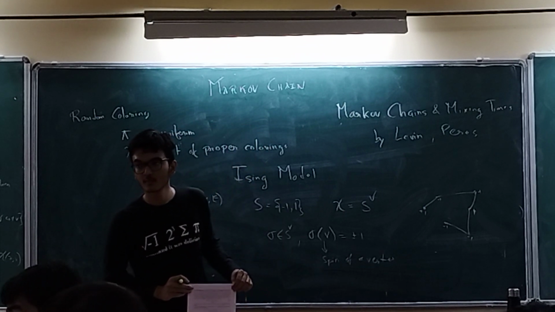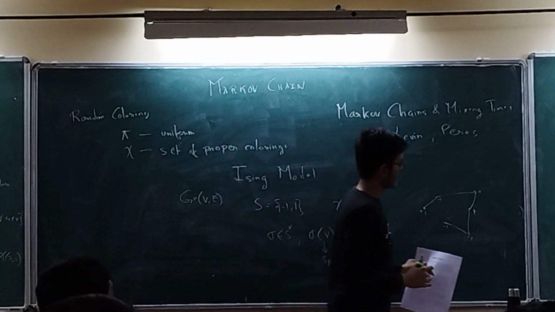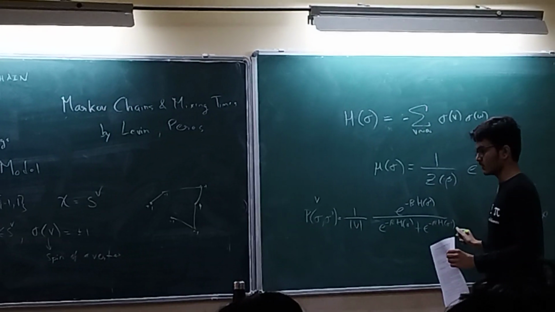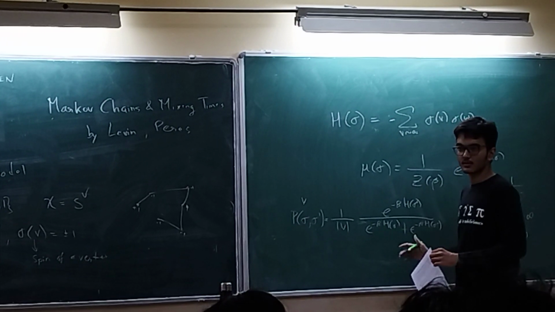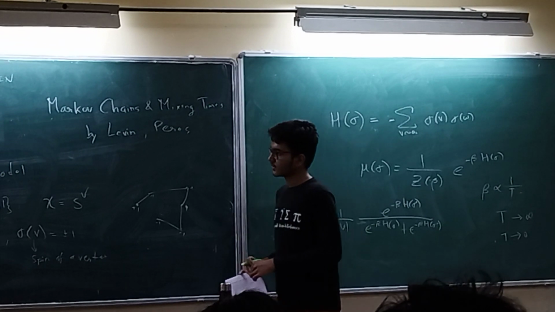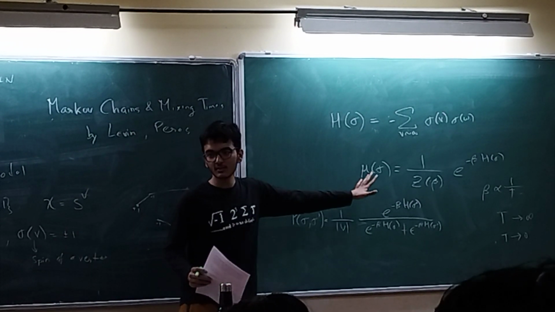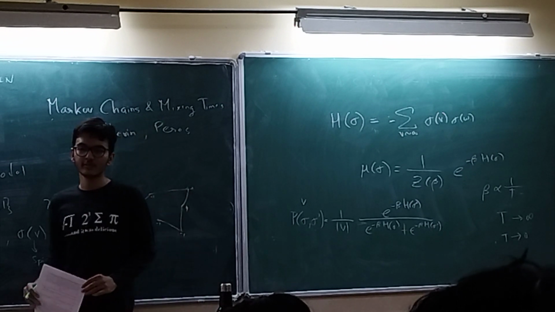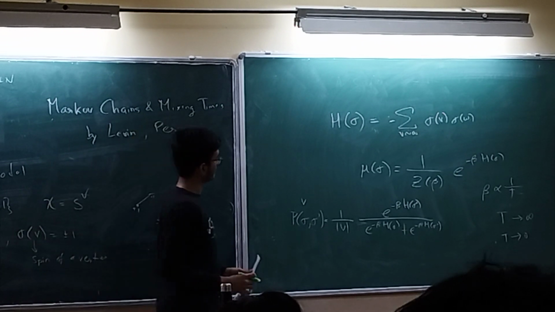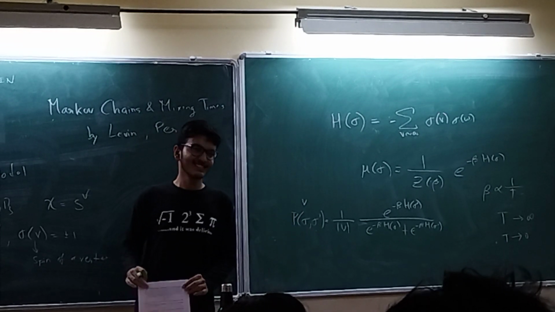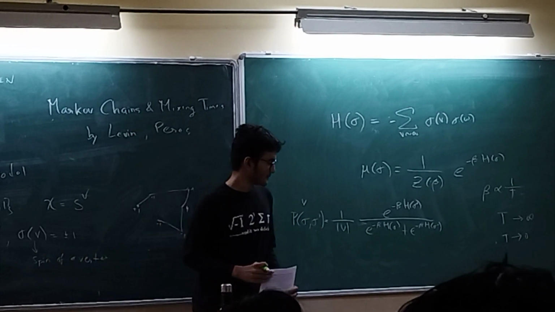What exactly are we calculating, the variance P of sigma? Yeah, this is the transition matrix, from sigma to sigma. Okay. Is it good? I guess it's correct. What exactly does Z of beta do? Z of beta is just a normalization of the system. It's called the partition function in physics.